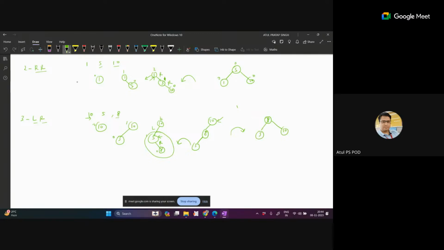Now you can see that after applying the rotation, one important thing is that when you apply the rotations, you should get a balanced binary search tree. So the binary search tree property should not be violated. Here after rotation, you can see the binary search tree property is still fulfilled. 5 is smaller than 8, 10 is greater than 8. So now you can see that after rotations you are getting this as the final